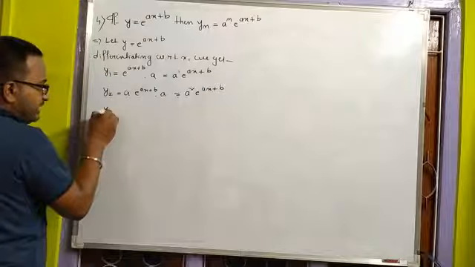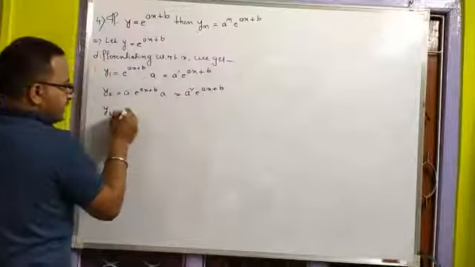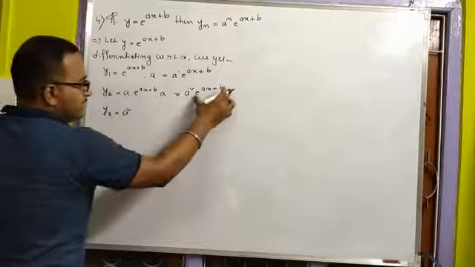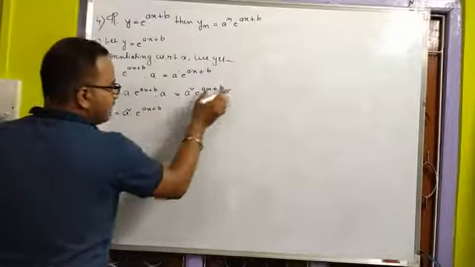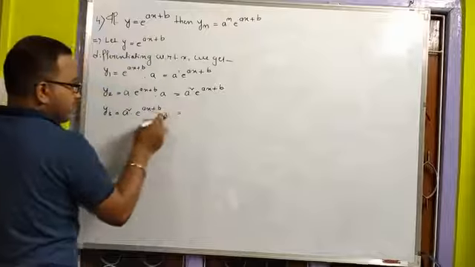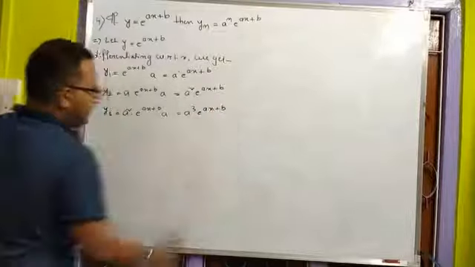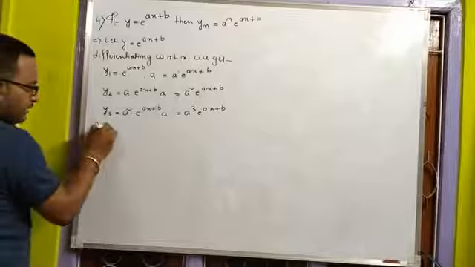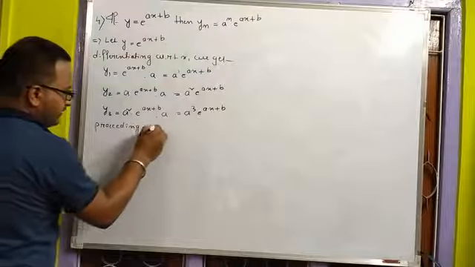So similarly y3: the derivative of this. This is constant, so you keep it here. The derivative of this is e to the power ax plus b into the derivative of this, so it is a. So a square into a is a cube, so it is a cube e to the power ax plus b, right? So proceeding similarly we get